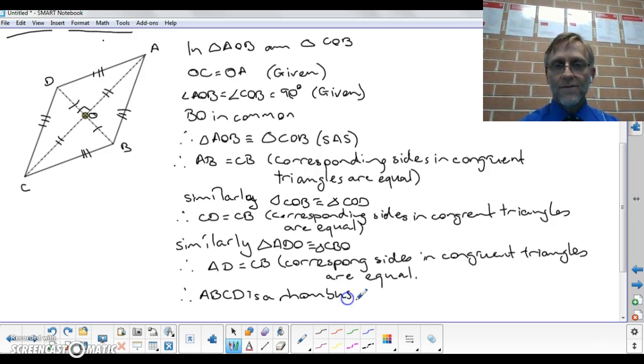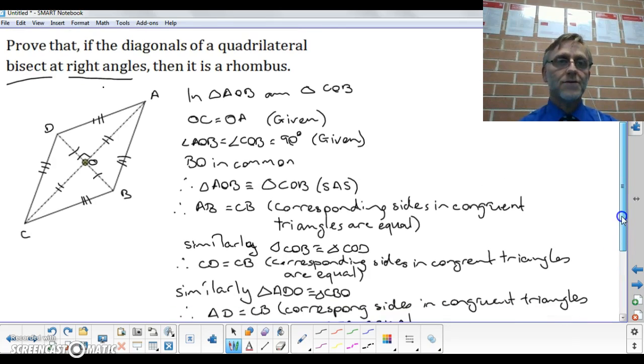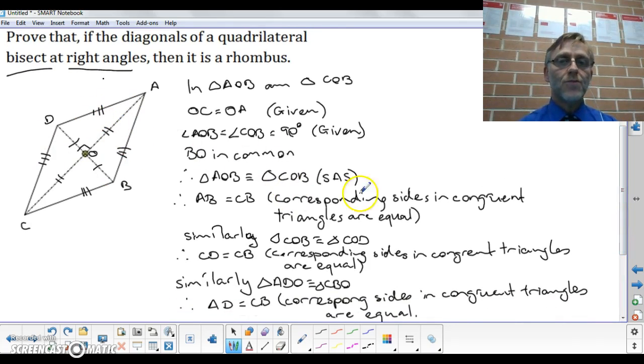So there you go. You've gone from being able to prove things about triangles to now you can prove things about